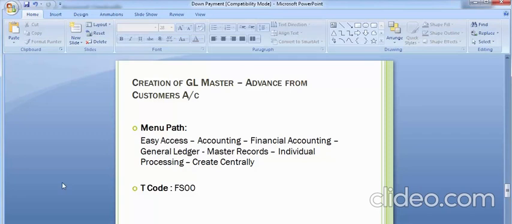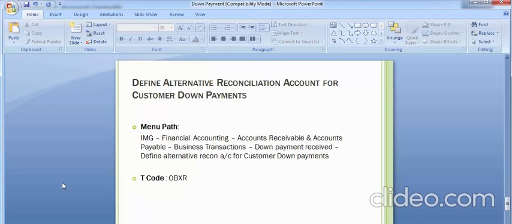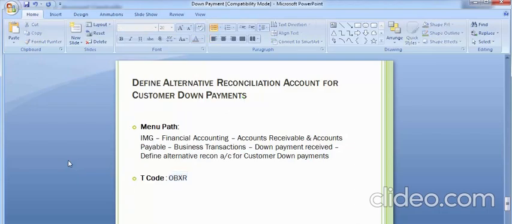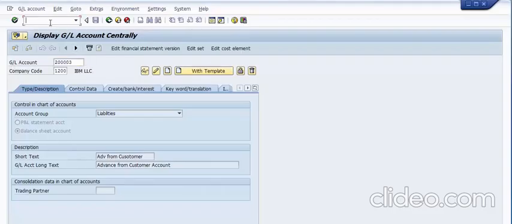Now moving to the second configuration step, which is to define an alternative reconciliation account. We have created the alternative reconciliation account, that is, advance from customer account, but we need to assign this against the special GL indicator. So we need to go to this path, or there is a transaction code OBXR which we can move to. So if you move to the transaction /n OBXR,